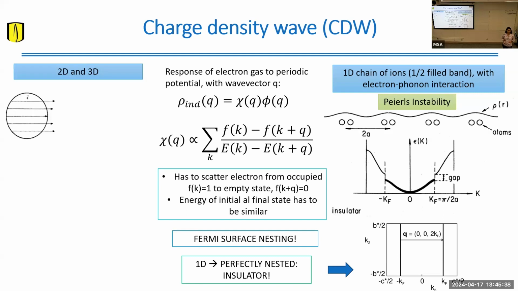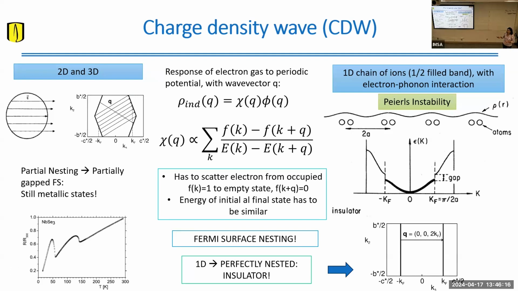When you have 2 dimensions, it's not easy to connect all your states of the same energy with the same wave vector. Therefore, this susceptibility does not diverge anymore. So this is the case of a metal in 2 dimensions. But if you have some other type of Fermi surface, which is not a regular metal in 2 dimensions, you can have Fermi surfaces with sections that are very well nested with a single wave vector, which are susceptible to the formation of this charge density wave. So in 2 dimensions, we do have charge density waves.